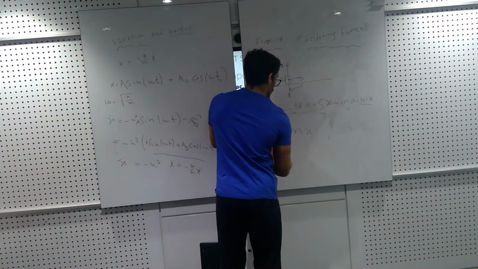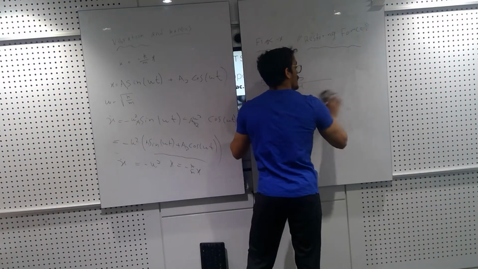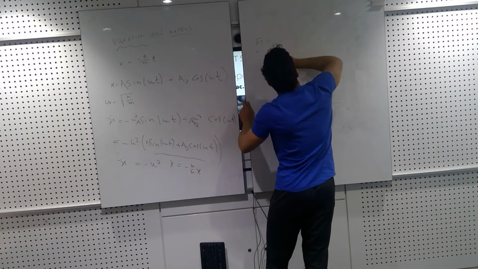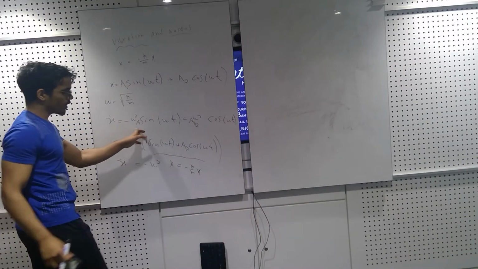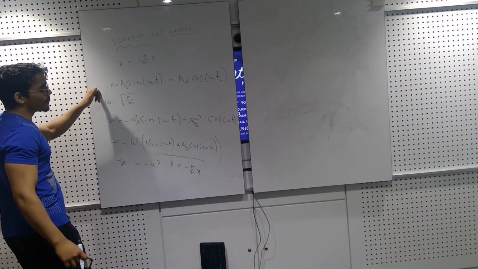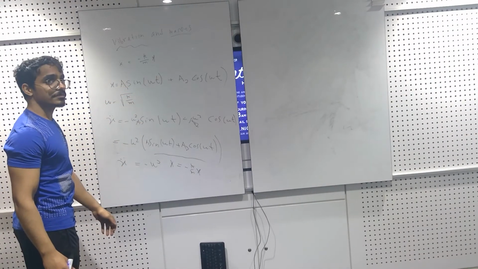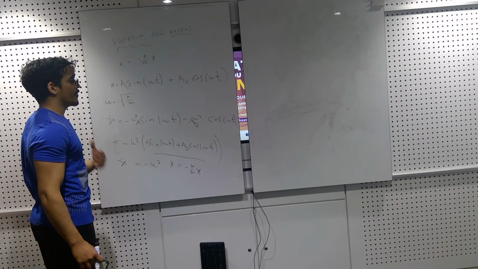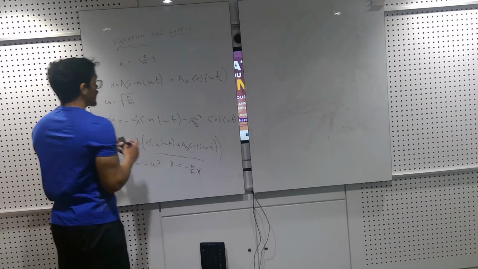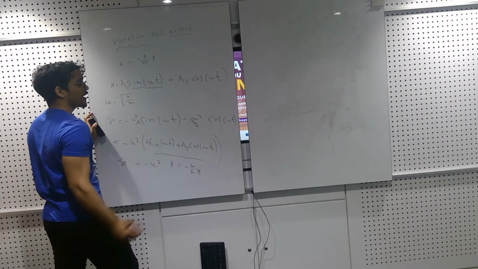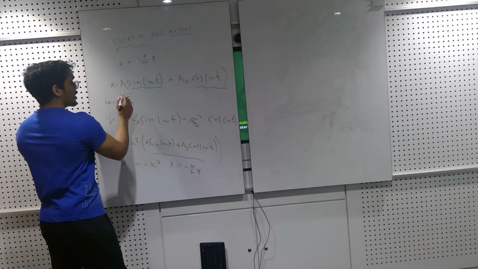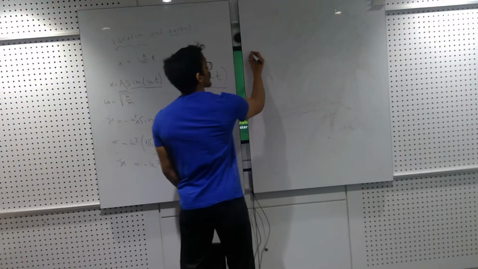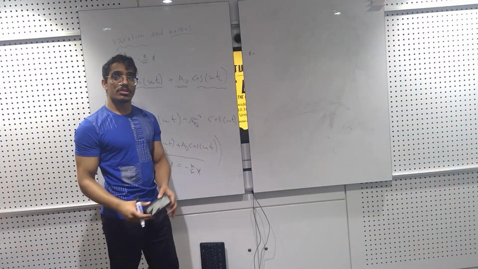And if you ask a mathematician, he's going to tell you, or she's going to tell you, that this is the most general solution for this differential equation. Okay, so how can we write that thing? We can find that here there is a sine of omega t, and here there's a cosine of omega t, and here there's a1, and here there's a2. So we can write x as equal to